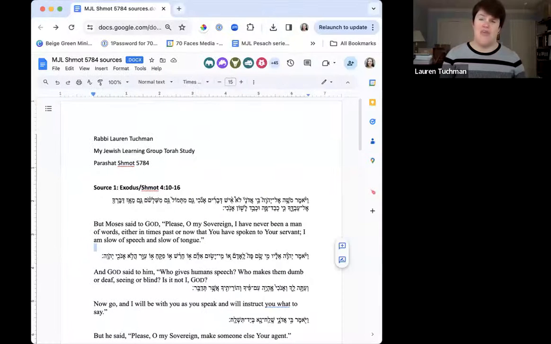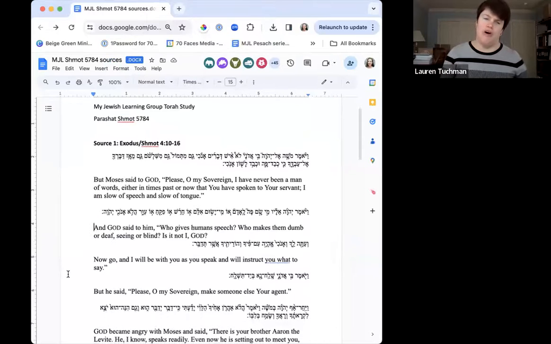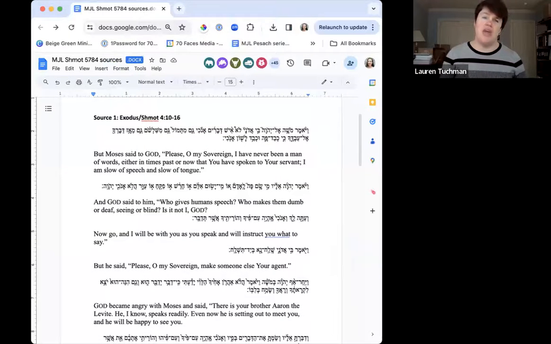So that having been said, I want to now turn directly to the text. I'm going to invite someone, again, as we said at the beginning, if you are ready to read, please raise your hand and you will be called on. Please only read in the English. The English I brought today is from the newly revised JPS translation that was just published last year in 2023. So I want to invite someone to read the verses 10 to 16 in chapter 4. I will then say a few words, and then we will open it up to some comments and reflections.